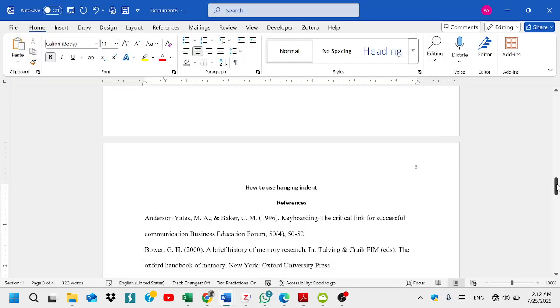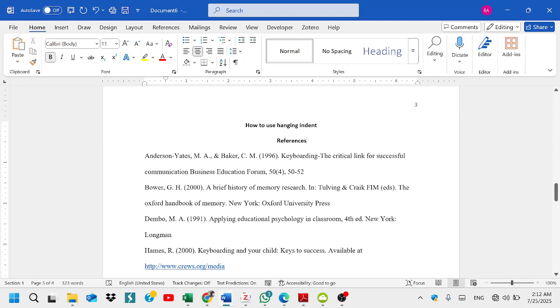Hello, today we are going to look at how to use a hanging indent in Microsoft Word. Supposing you are writing your project and when you get to the references and you want to use the APA style. So in APA, you have to use a hanging